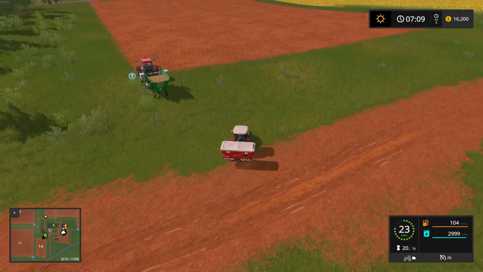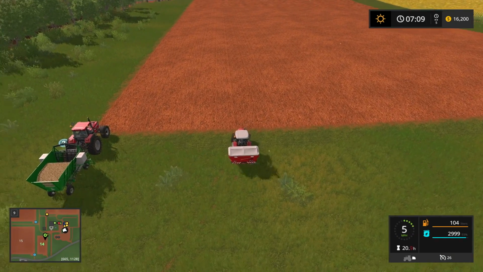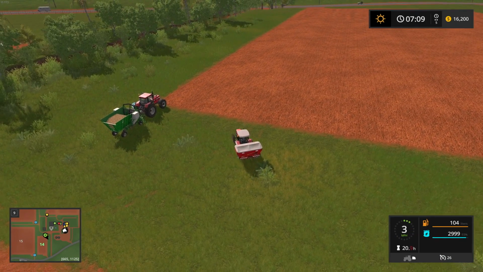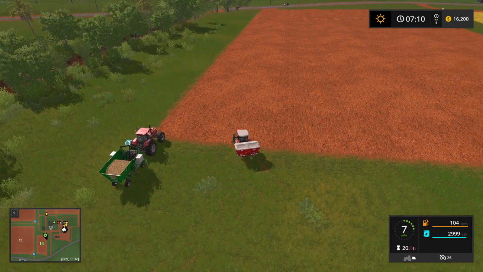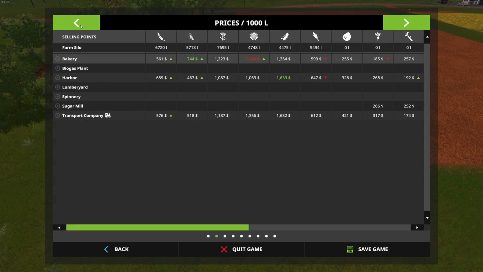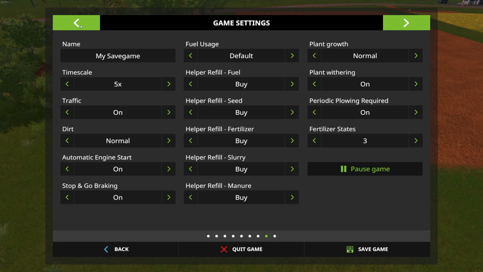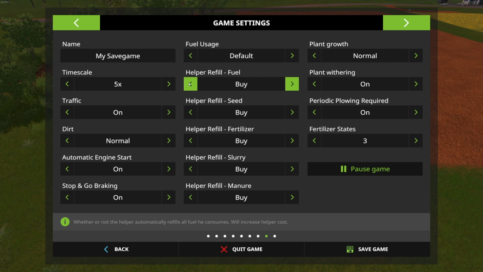So the first thing we want to do is come up here and, let's see. I know this is 24 meters wide, but I'm not going to push my luck here. Another thing I wanted to do: I'm playing in normal mode, but I kind of want to use some hard mode features. So, all of the helper refill, I think the only thing...